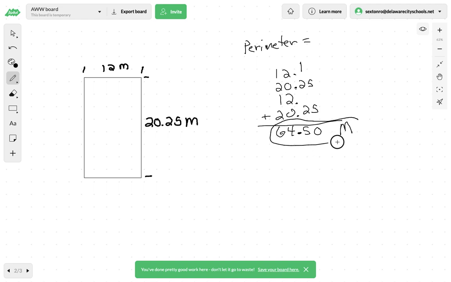meters. Not square meters, not cubic meters, but just regular old meters, because that's a straight line. If I took a string and wrapped it all the way around here, I could stretch it out in a straight line. It would be equal to 64.5 meters. Okay? Now for the area. That's the fun part, right? For area,